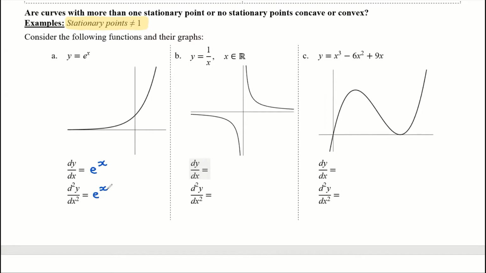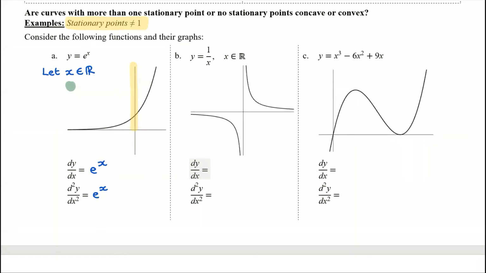Well, it depends on our domain, really. Although not so much in this case, but in some cases it will. So if we let x be any real number, which we can for e to the x, you can plug in any number you like, and you can raise that input with the base e and get a value back. So that's not a problem. So if we have all real numbers, you'll notice from the graph that the range of e to the x is positive. Okay, absolutely key. So we know that y,